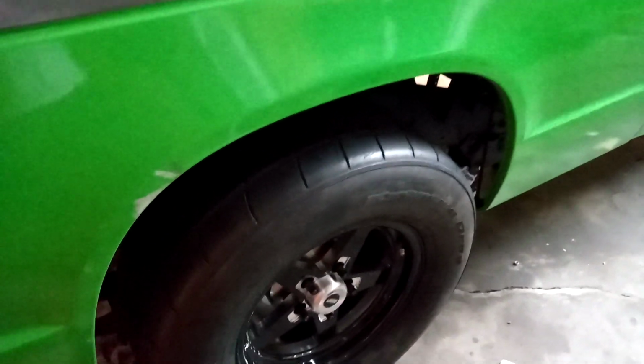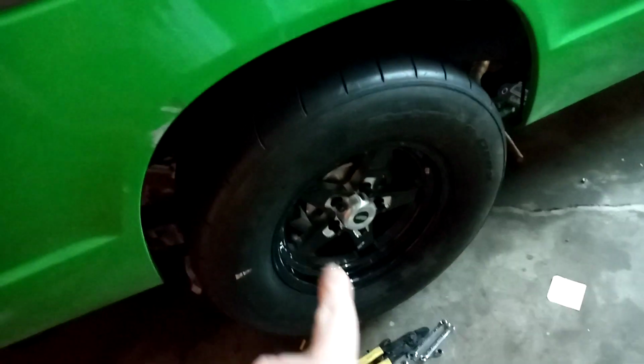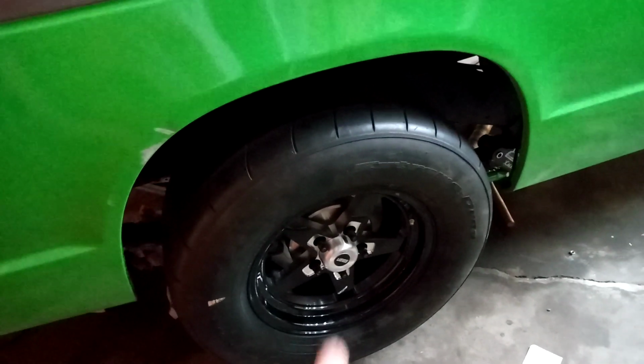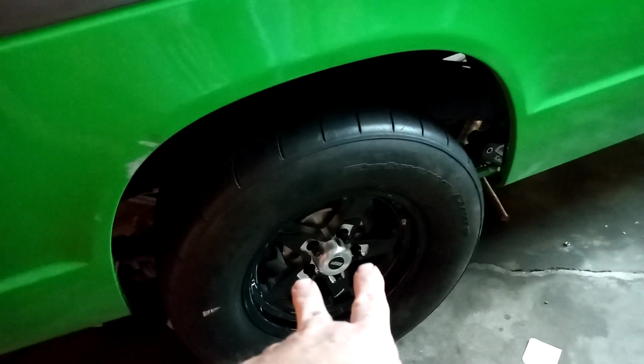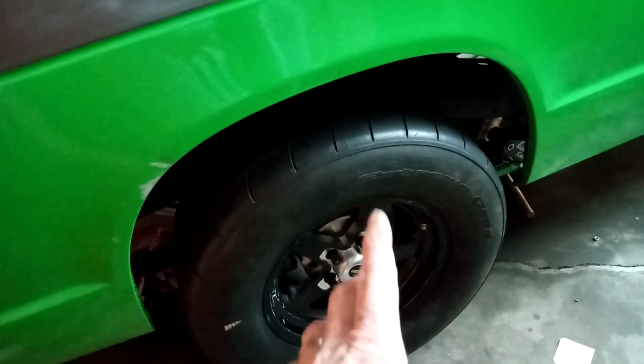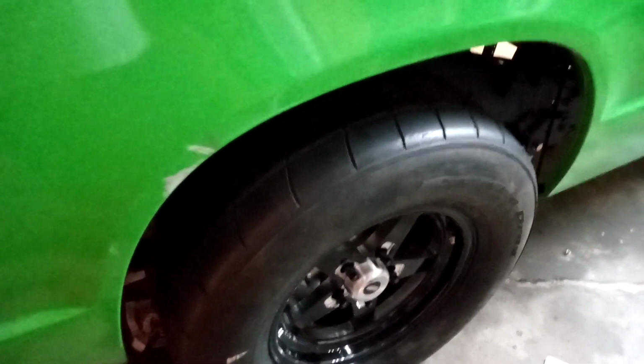But evidently, the 8 and the 5.5 is kind of an odd wheel. They don't sell a lot of it. Those were $99 for the rear ones and $119 for the front ones. And the front ones are 4-inch wide. They're in the house. And of course, Ford bolt pattern back here and GM bolt pattern up front. And anybody goes to mount tires,